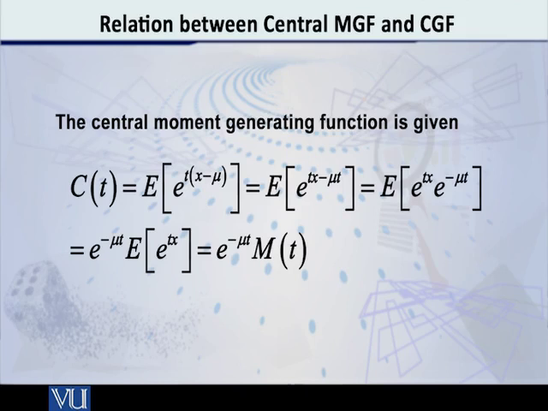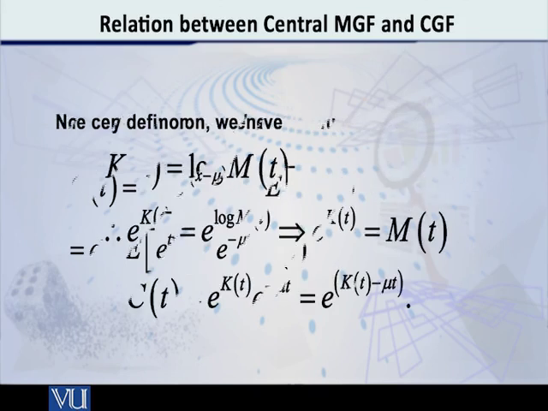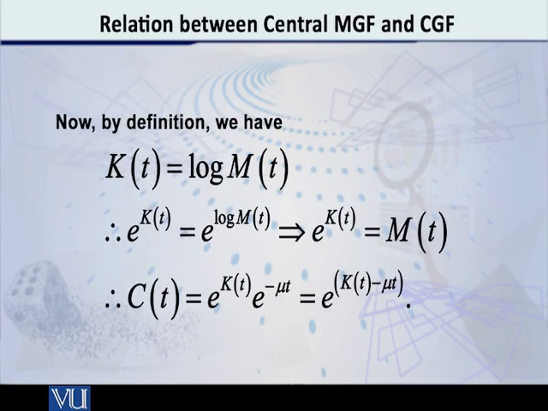लेकिन जो मैं आपके सामने इस वक्त रखना चाहती हूँ वो है, as I said earlier, the relationship between the central MGF and the CGF, the cumulant generating function. So let's try to look at that. By definition, you know that the CGF, capital K of t, which sometimes, by the way, is denoted not by capital K of t,